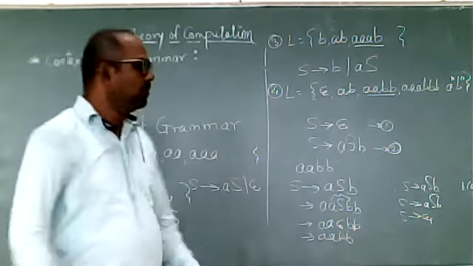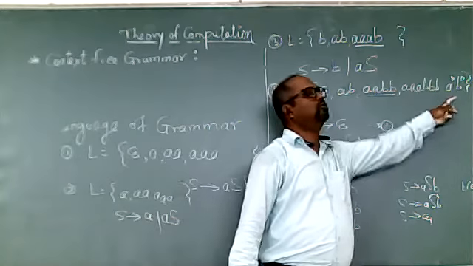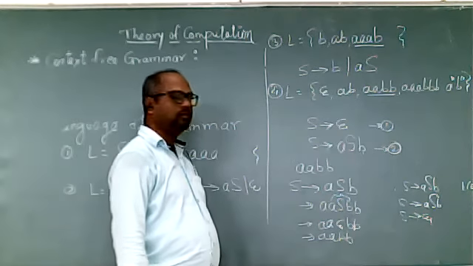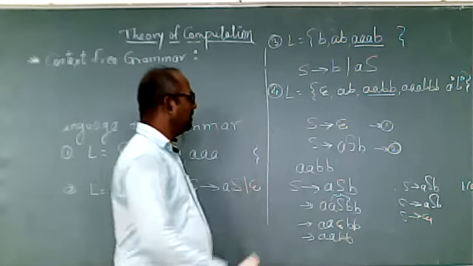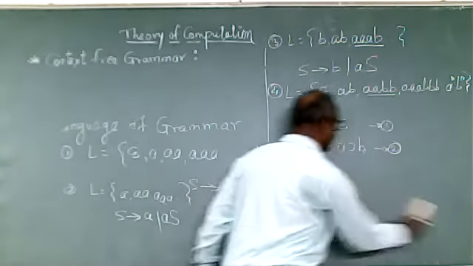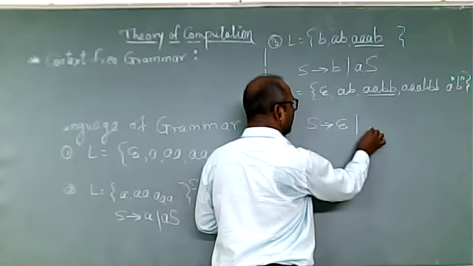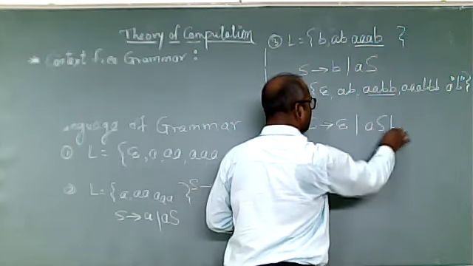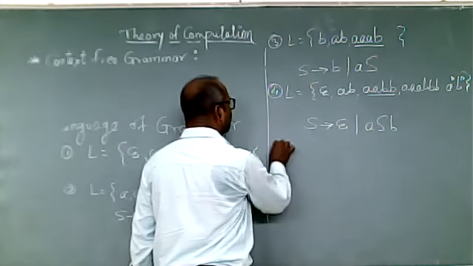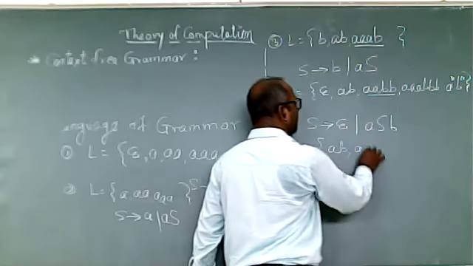Okay. So with the help of these two productions, I can generate any string belonging to this language. So this is the grammar for the given language A raised to N, B raised to N. On a single line, I will write S produces ASB or epsilon. Okay. Now if I'm just changing this language L equal to, it should start with AB, AA, BB,